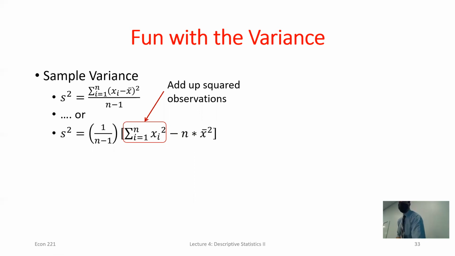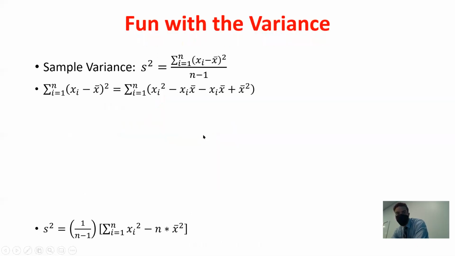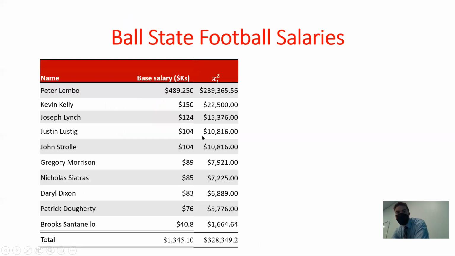This would give us the exact same answer, and I'll show you this in just a second. We did this with a data set. This would give us the exact same answer, right? So we could do this with sample data. We could do this with population data. The only difference is instead of dividing by n minus 1 in the sample, for the population we divide by n. We use the population mean down here. We use the sample mean here. That's the only real difference. Okay? So I'll skip this slide for now.